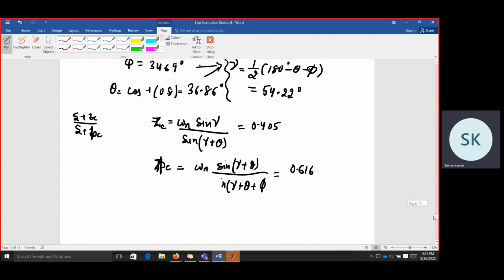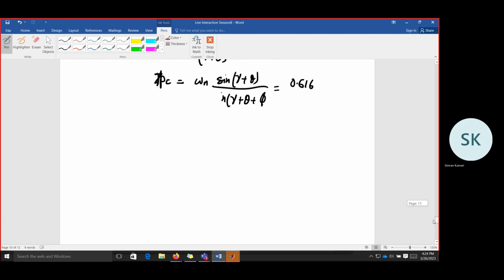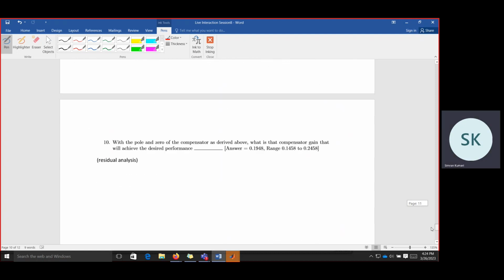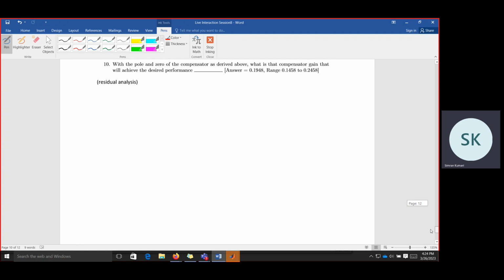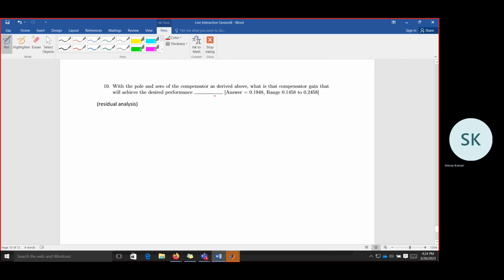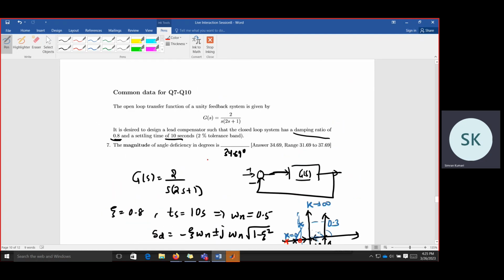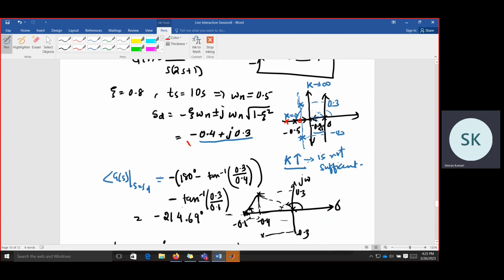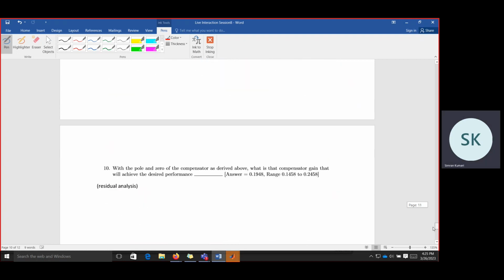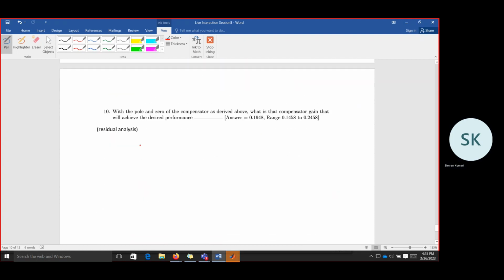And if we have this, then this angle criteria is satisfied. Now we need to find what is the gain at which this desired performance is achieved. That basically is this sc, which is the desired closed loop pole, that is minus 0.4 plus j0.3, which is there on the root locus. So for this, we have this Kc